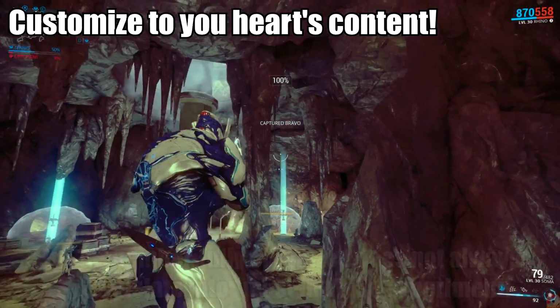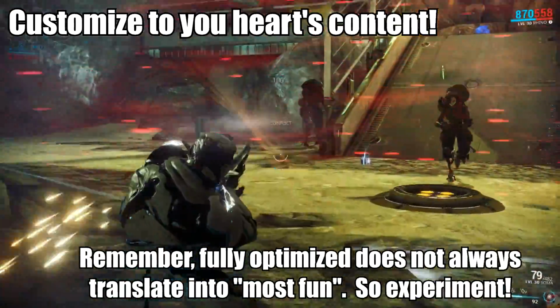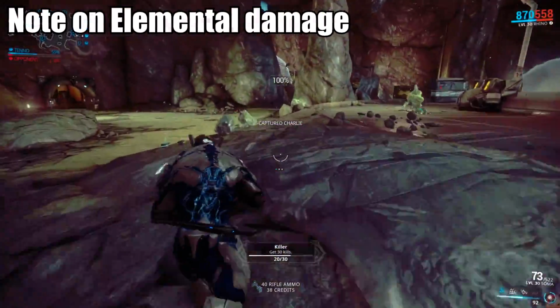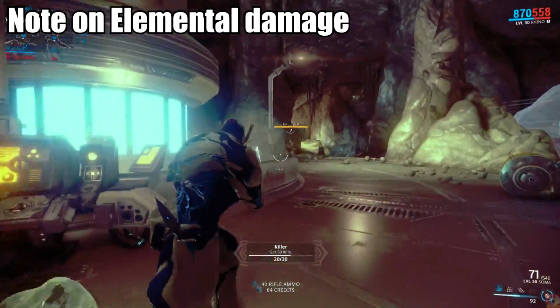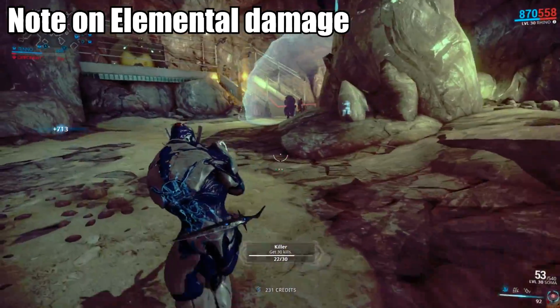Try out speed trigger. More ammo? Faster reload? Want to shoot fire or toxin instead of measly bullets? Go for it. Different enemies have different elemental weaknesses. That's a bit out of the scope of this guide. But for now, anything lower than level 20 doesn't really have much defense to begin with, so use whatever you